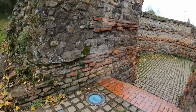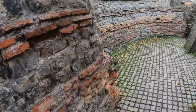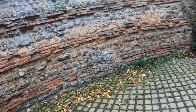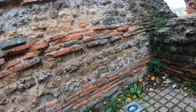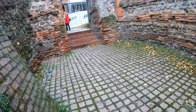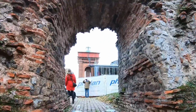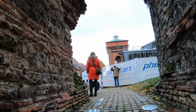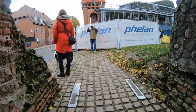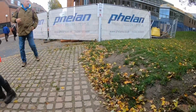And the other one leads into here. Yeah, part of the old guardhouse. And up there is a Victorian water tower. I think Hercules. No, Mercury. You can go up